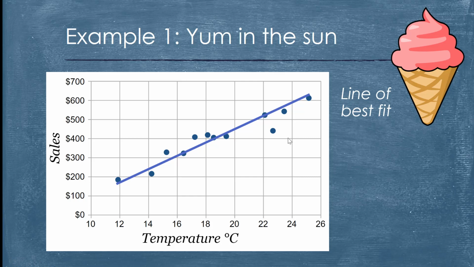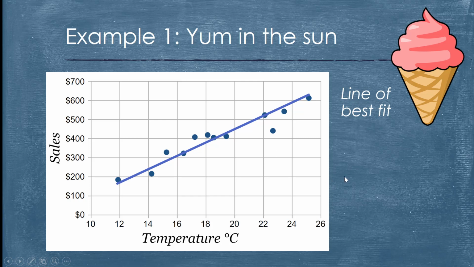You can't fake it and just remove it because it doesn't fit with your data. But there's no need to comment on it. And this is another thing that students do wrong. They kind of see this and go, oh, well, but there was actually one day where the temperature was this, and ice cream sales weren't as much, which is